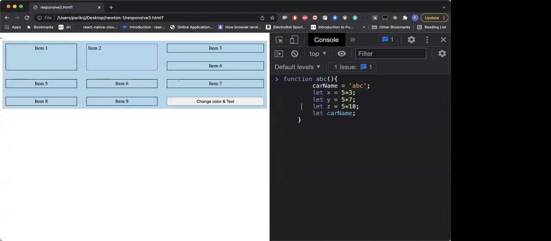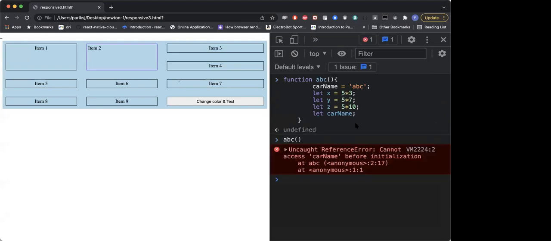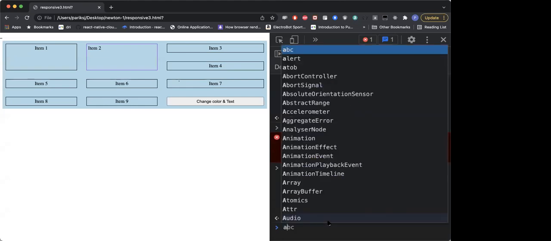I wrote this code, right. अगर मैं इस कोड को चलाता हूं, so it's an error, because जावास्क्रिप्ट क्या बोलेगी, abc चलाना पड़ेगा. जावास्क्रिप्ट ने बोला आप car name use कर रहे हैं बिना उसको declare किए, right, क्योंकि वो declare बाद में हो रहा है और वो use पहले हो रहा है, right. तो बिना initialize करे आप variable को use नहीं कर सकते. But if this was a var variable, right, like this, okay, now if I run function abc,